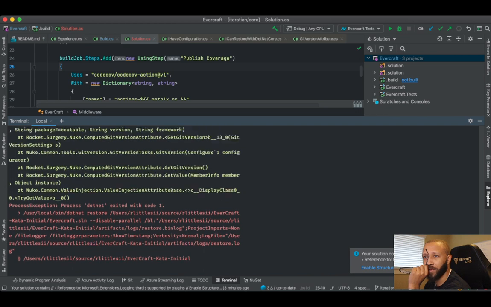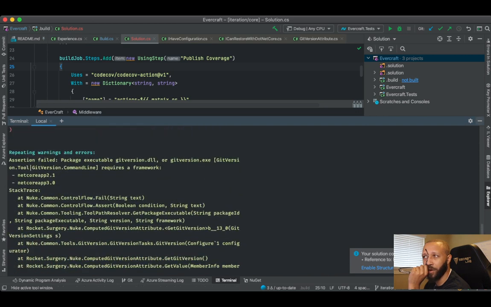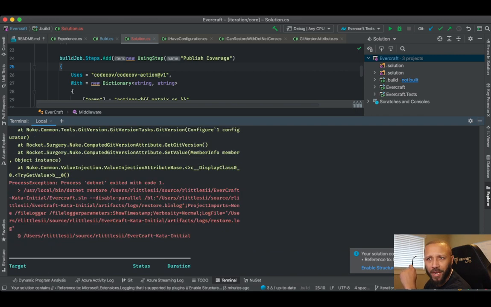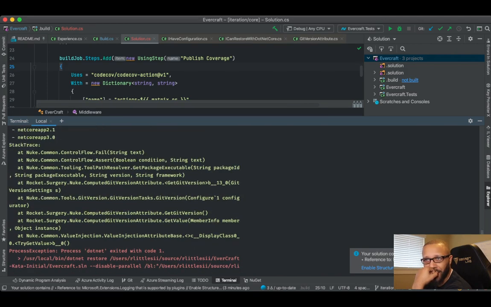I don't know why it's doing the .NET Tool Restore. I explicitly don't want it to do that. The package executable getversion.dll or getversion.exe requires a framework NetCore app 2.1. NetCore app 3.0. I don't have this on any other Nuke build that I run on this machine, but this one, of course, wants to give me trouble because I'm just now setting up value injection, computed,